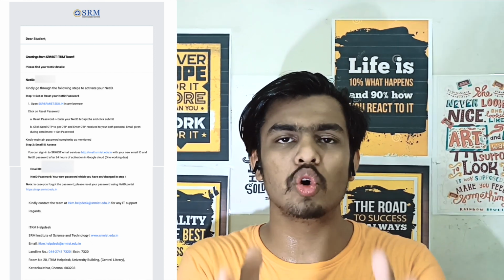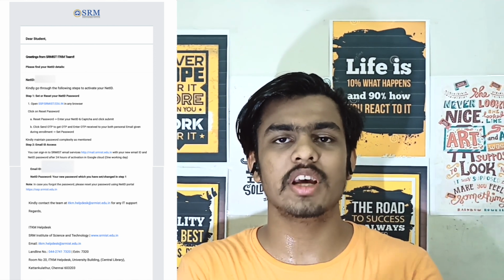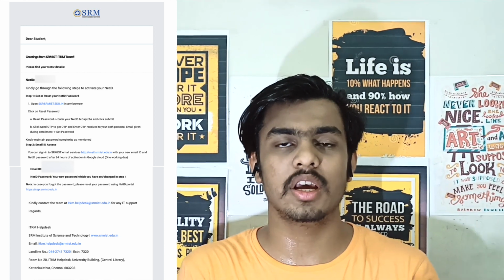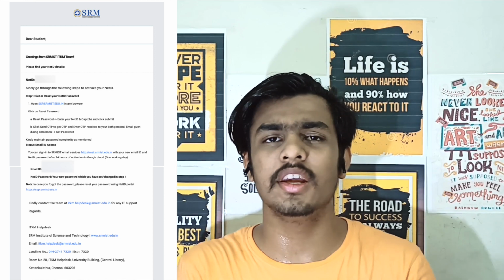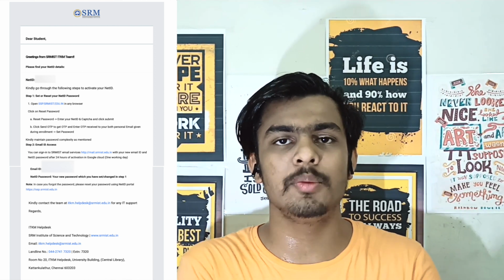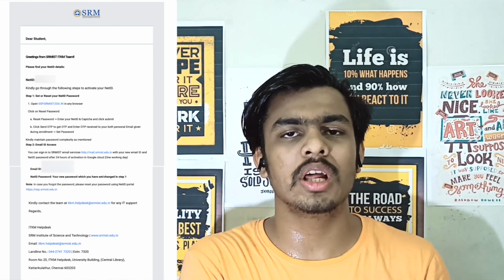So basically you have to go through this ID process and set up your net IDs and other things. After 24 hours you will receive an email saying that your net ID and password have been set up and your email is ready. After that you simply log in to your Gmail using those IDs, and further you will do the portal and other logins with that ID only.